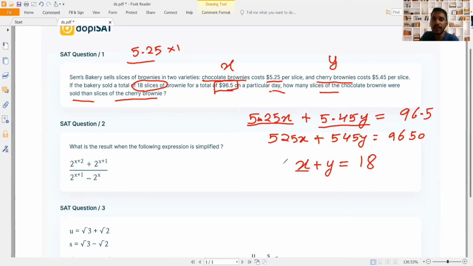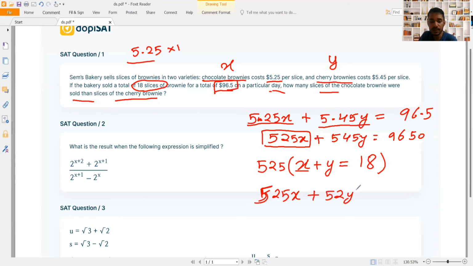Now to solve this, I will multiply this equation by 525. Why? Because my plan is to multiply this whole equation by 525 such that the coefficient of X is 525 in the new equation, the same as in the first equation. Then we will subtract both the equations, the X term gets cancelled, and we can easily find the value of Y. So this becomes 525X plus 525Y,